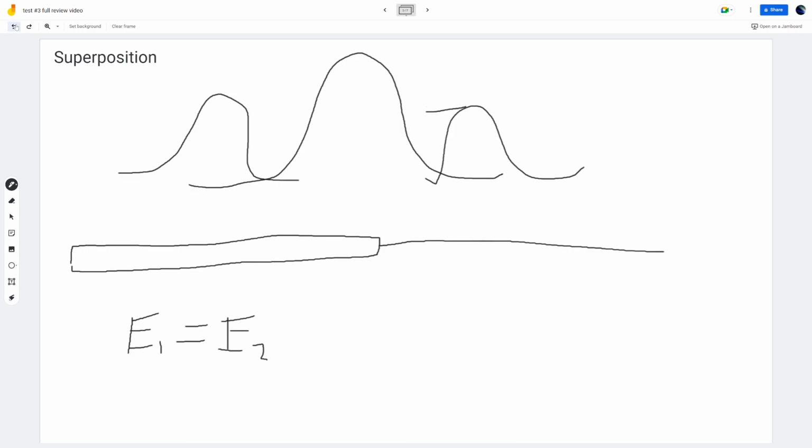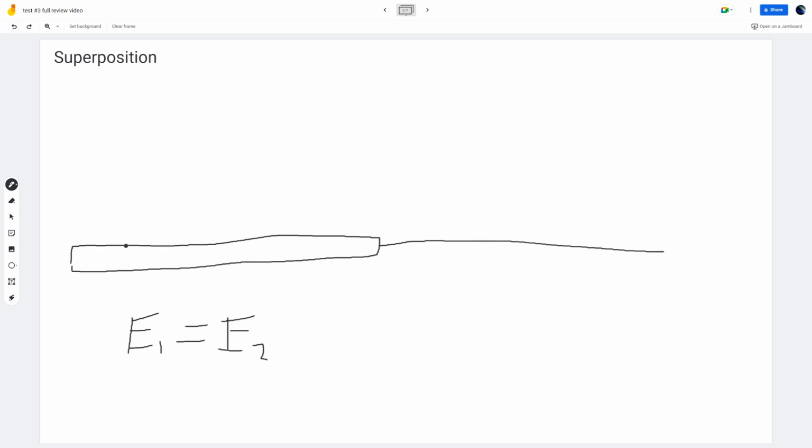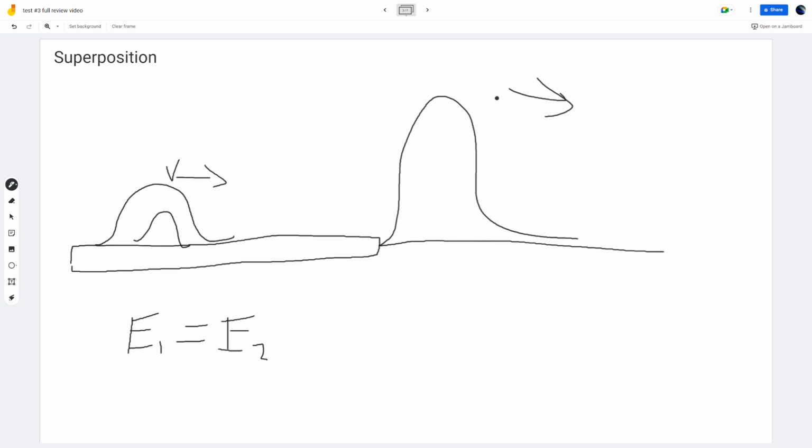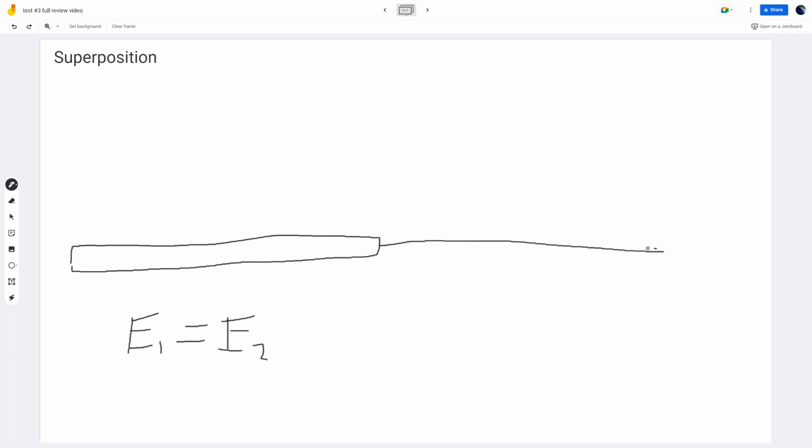And then in terms of wave energy, it wants us to know what would happen if a thicker rope has a pulse sent through it with a velocity, let's say just a normal v. What happens when it hits here? Well, then this thinner rope would have a different velocity because it has a different amount of energy. And if we were to reverse that, starting with this rope, it would push a smaller wave over here and also have a reflective wave,